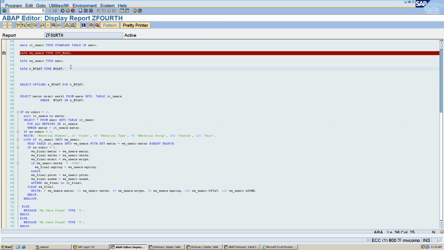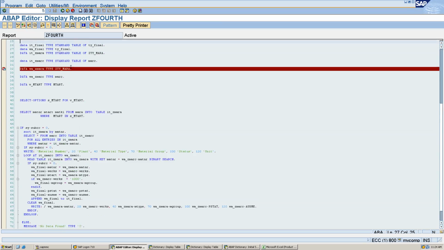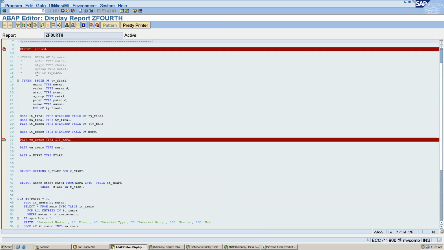We also declared a type to select particular records from a table. Why were we using this type? Because we do not want to select all the records, only selected fields, or selected columns, not all the columns.